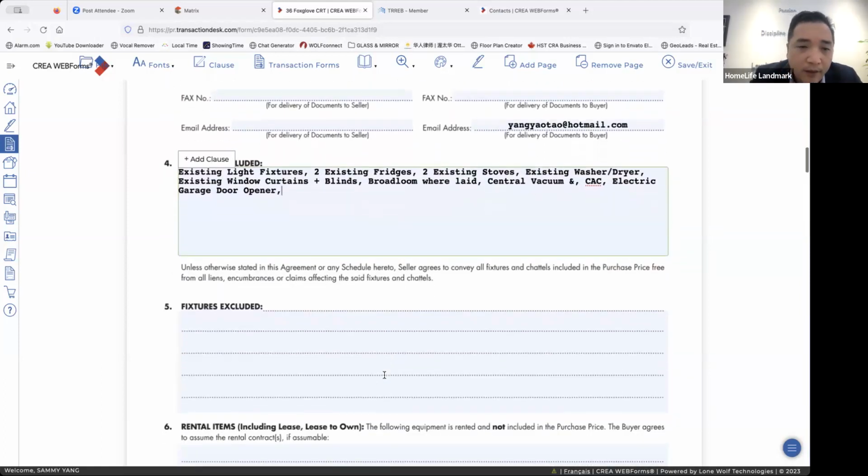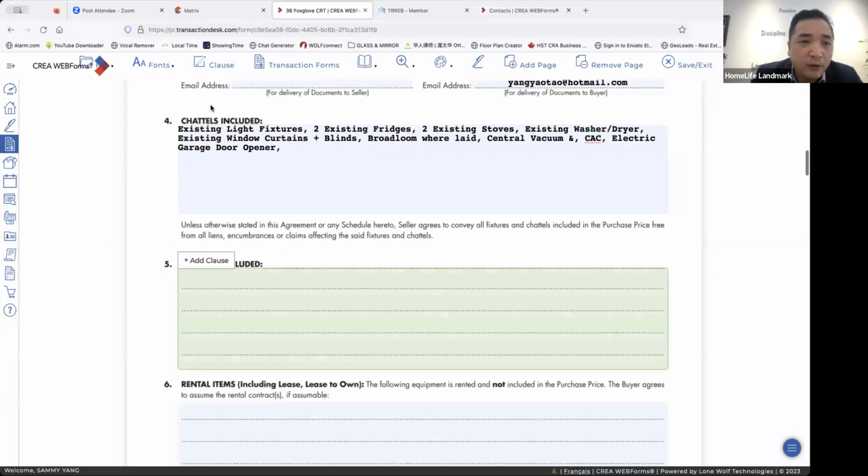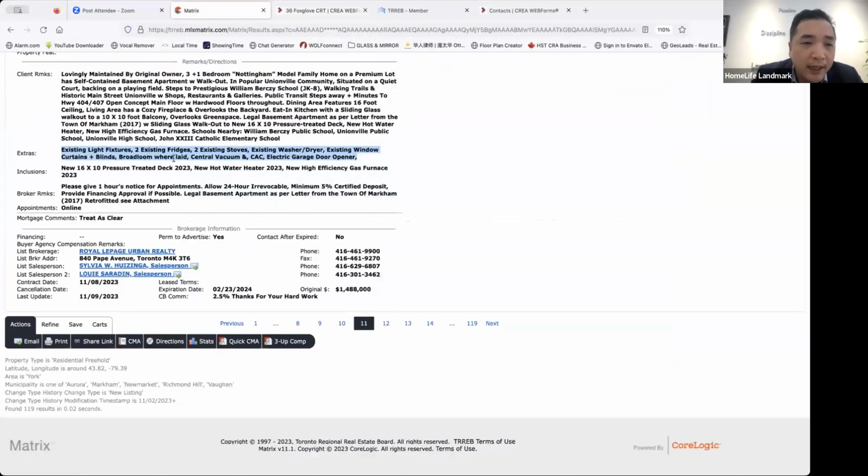And the next one, fixture is not included. That means they are going to take it away. So double check and see if there's anything they are not including. They have a new pressure treated duct, new hot water tank, heater, new high efficiency gas furnace. Okay, if you see anything like a new water heater or new furnace, what is the first thing that comes out